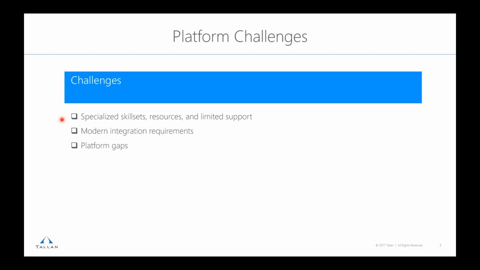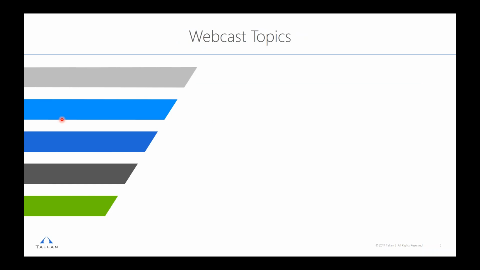So hopefully this will give you some insight in those different areas. And then finally, we're going to talk about platform gaps. There's certainly some things that the platform is missing. Microsoft leverages some of its partners to fill in those gaps. While I think a lot of them do a pretty good job, there's some other areas that the platform is just very hard to manage. So I'm going to identify some of those gaps that we've seen, and then I'm going to provide you with some of the tools and applications that may help you around this.